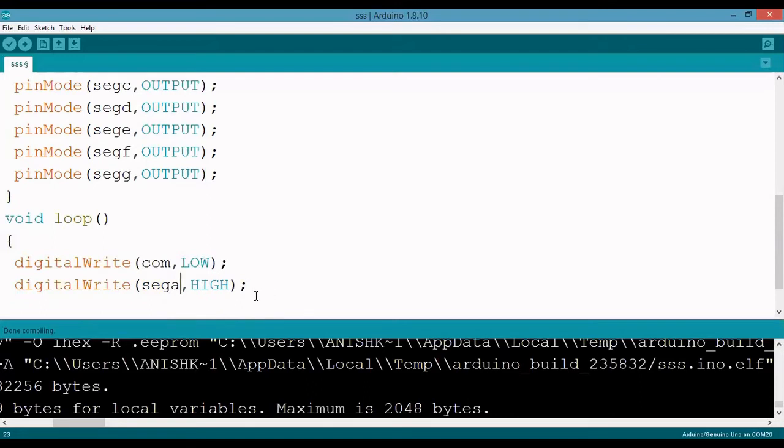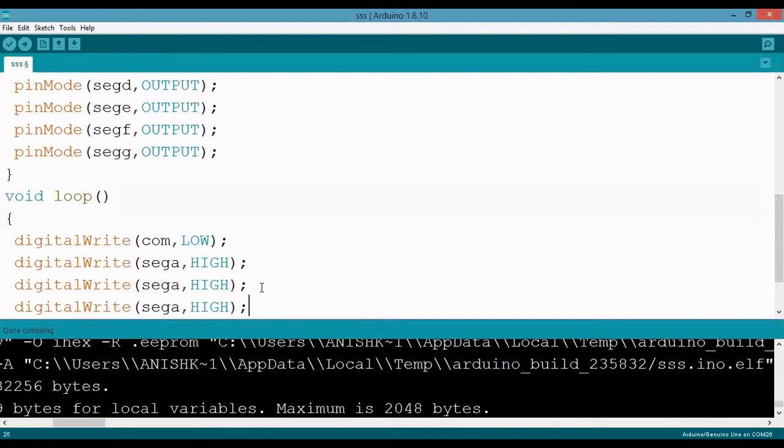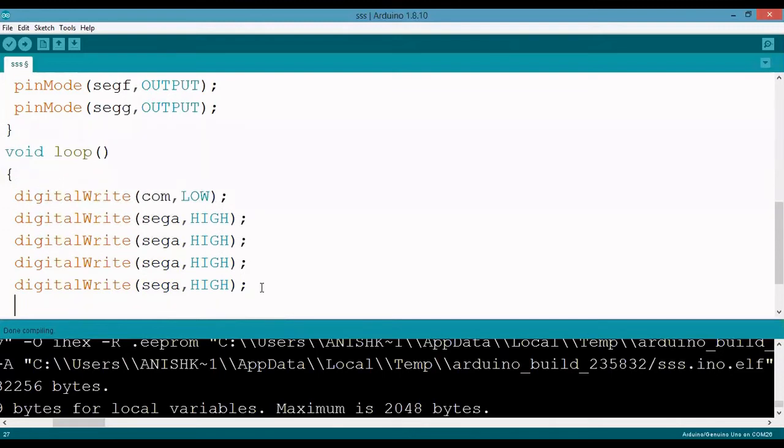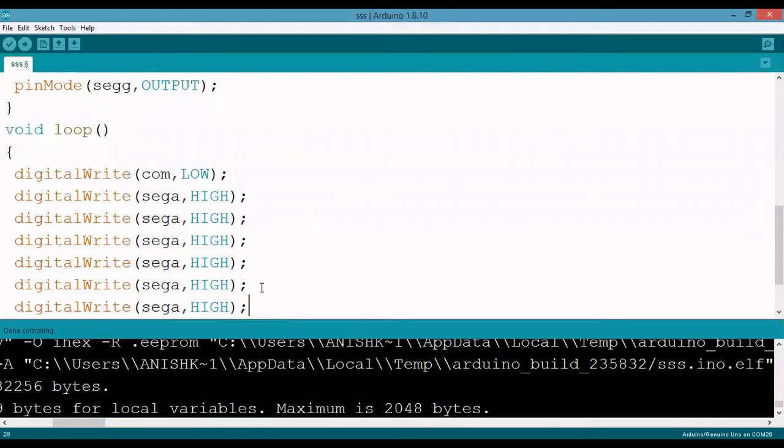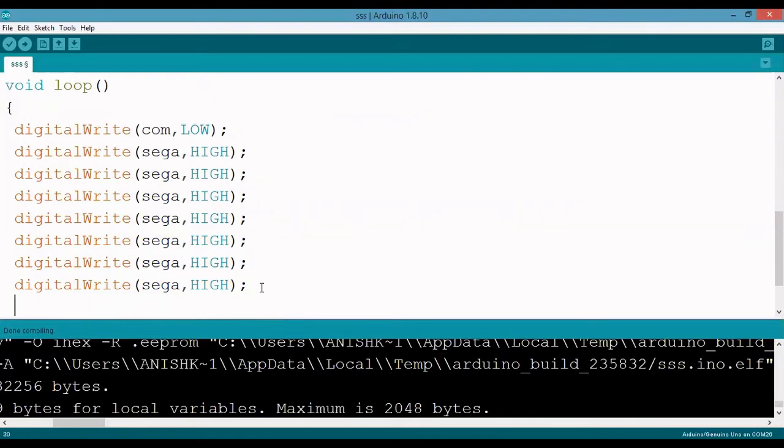I'm going to set segment A as high, B is high. digitalWrite means it will write the high value to the C segment. It will write 0 to the common terminal.